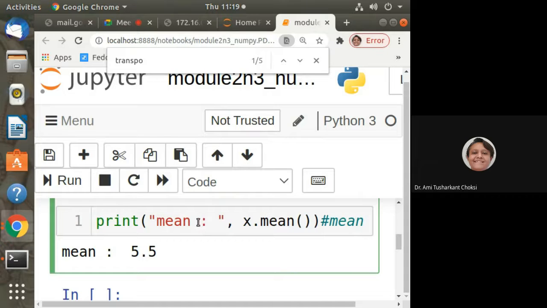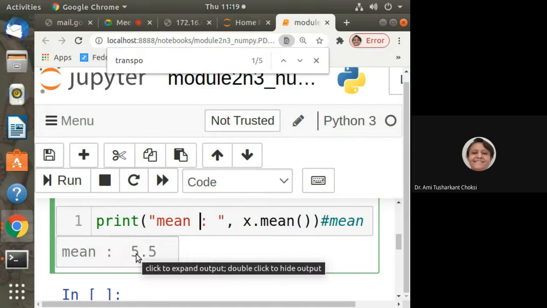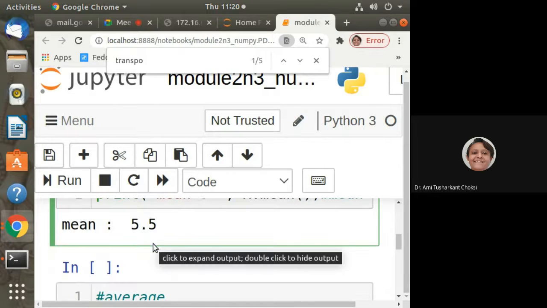Now we want to find the mean. Whatever is maximum, it is going to consider. It is not going to consider whether it is in the first column, second column, or third column. You can apply that, try it, and then come.